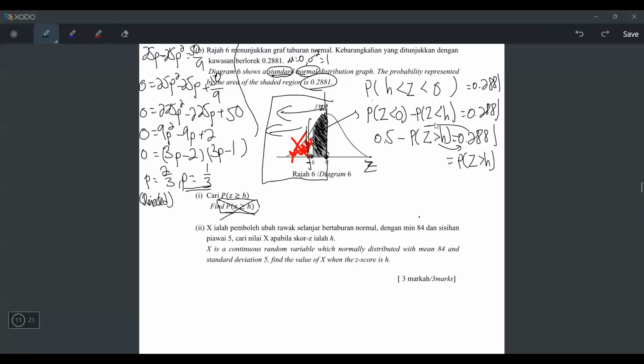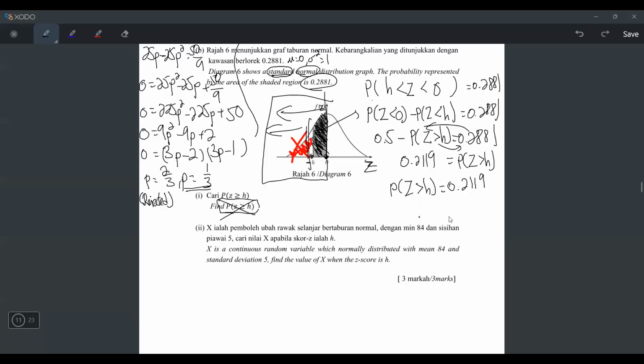And then I will move this to the other side so it becomes 0.5 minus this. So let's press 0.5 minus 0.2881. The answer is, okay, I got 0.2119. So it means P(Z > H) equals 0.2119, and I can now refer to the jadwal,